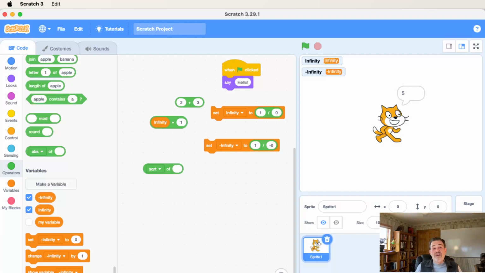The square root of a number is the value that you multiply by itself to get the number back. And the square root of a negative number, you can't multiply two real numbers and get a negative number out. So there would be no value that could be used. Now, if you know a little bit more math, you could start thinking about complex numbers, and the square root of minus 1 would be